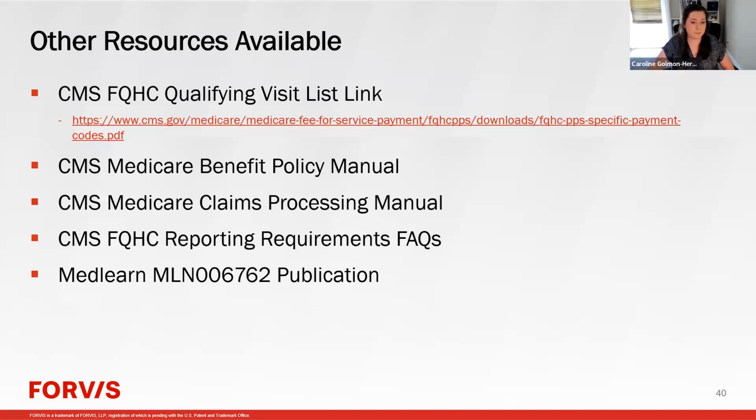Okay. This is in the Medicare claims processing manual, and it speaks specifically to modifier 59. So it says, and I'm just reading this directly out of the manual, the FQHC reports modifier 59 when billing for a subsequent injury or illness. This is not to be used when a patient sees more than one practitioner on the same day or has multiple encounters with the same practitioner on the same day, unless the patient subsequent to the first visit leaves the FQHC and then suffers an illness or injury that requires additional diagnosis or treatment on the same day.